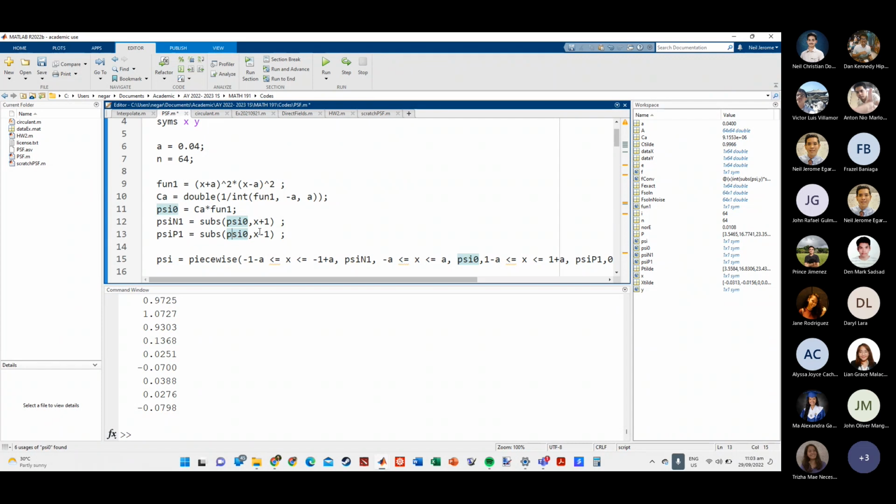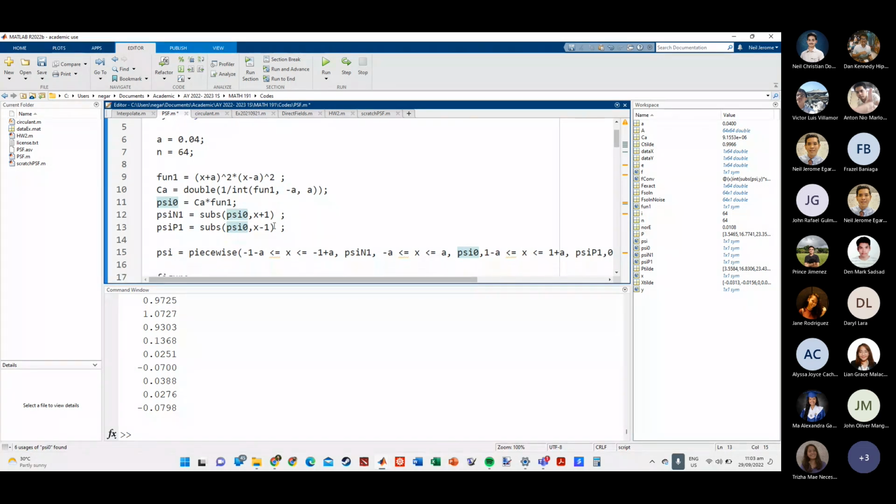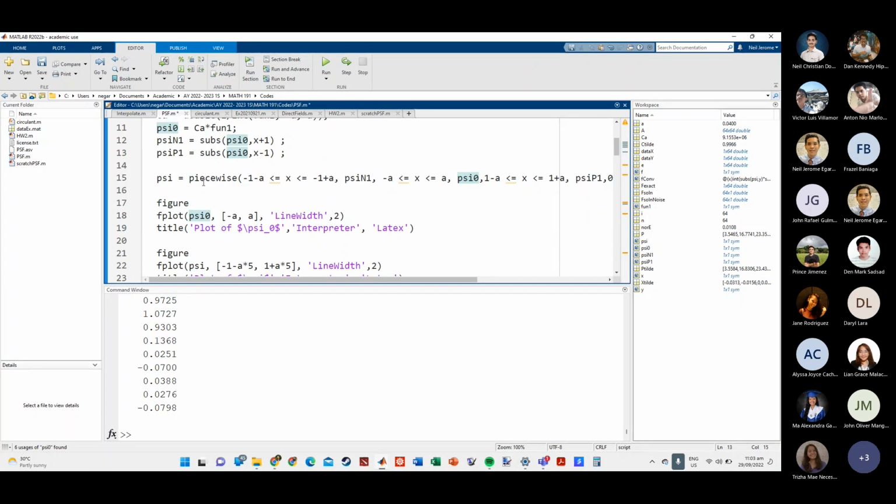Tapos ngayon, si psi ay pwede kong tingnan as a piecewise function na iba-iba yung itsura niya over different intervals. So luckily kay Matlab, madali yung pagde-define ng piecewise function. So si psi ay equal sa piecewise function na ito yung values. Sa interval na to, sa lahat ng x's na nakakasatisfy ng condition na to, ang value ni psi ay psi